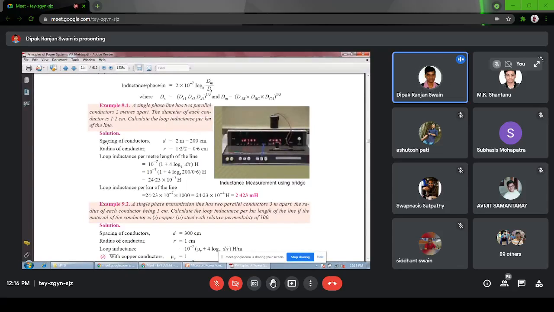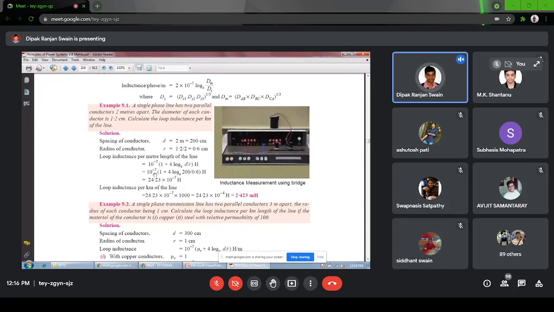Okay, so spacing between the conductors. Now always remember, as it is a ratio, if you use them in the same form, either both of them in meter or both of them in centimeter, the calculation will be the same. But be careful, here it is written in meter, here it is written in centimeter. So don't blindly use those values. Either you have to convert all of them into meter or all of them into centimeter. The result will be the same because it is a ratio of D by R. Okay. So D is known, R is known.